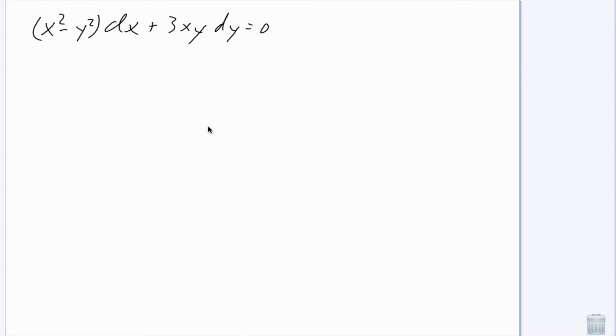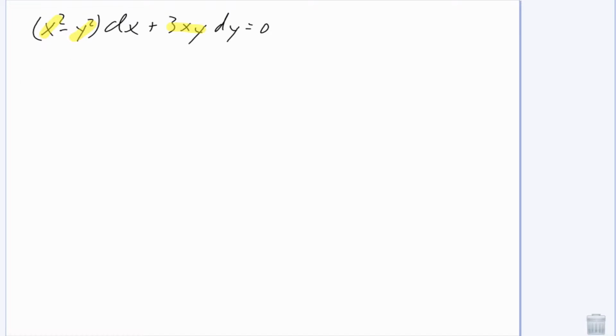Okay, in this sample problem we are going to be solving a homogeneous differential equation for y. When I say solving it for y, we're actually just going to solve it. We're going to get an equation, and it's not going to be y equals because it's going to be a messy world. And the first thing you need to do when you look at homogeneous functions,